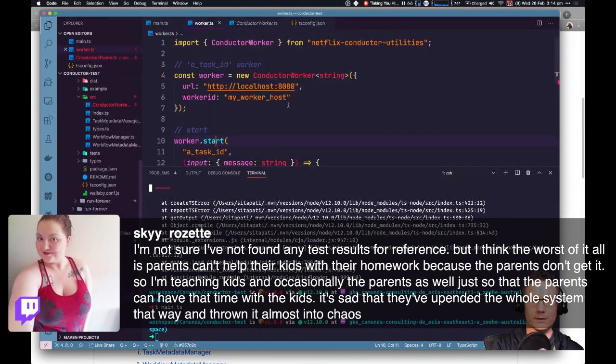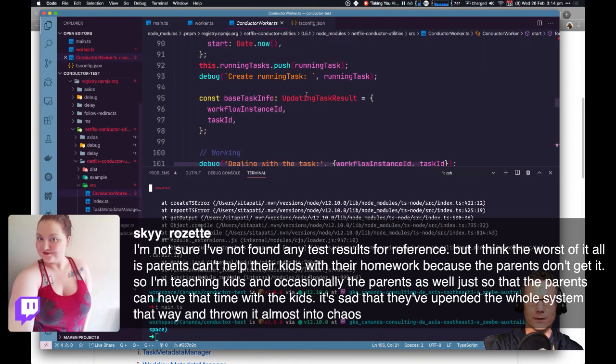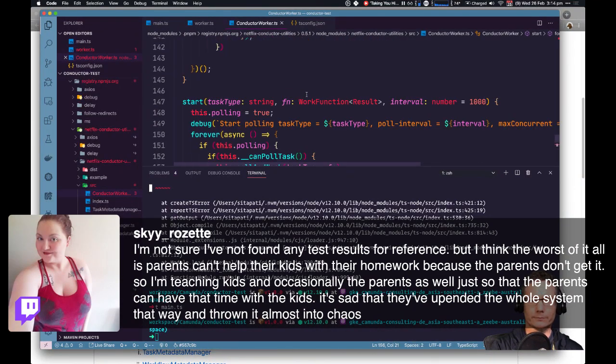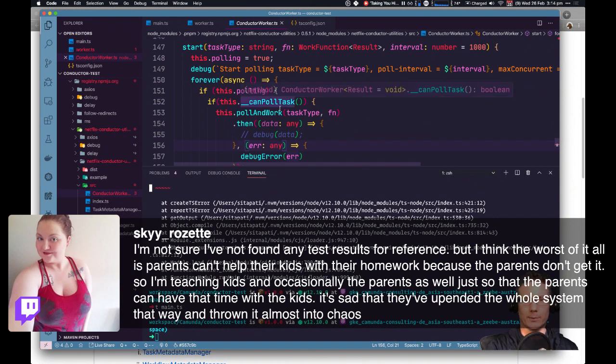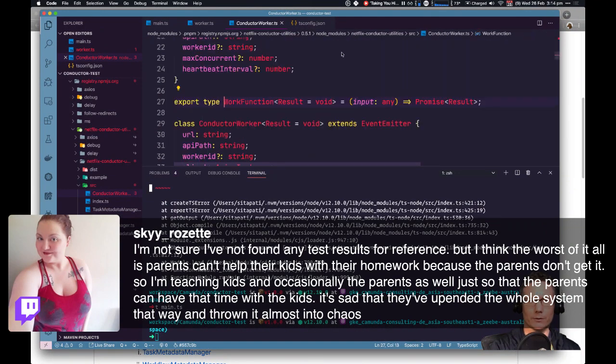So we're calling start. Now if I have a look at the start method, start. Okay, polling work, task type function. Function is a work function of type result. Work function, input any, promise of the result type.